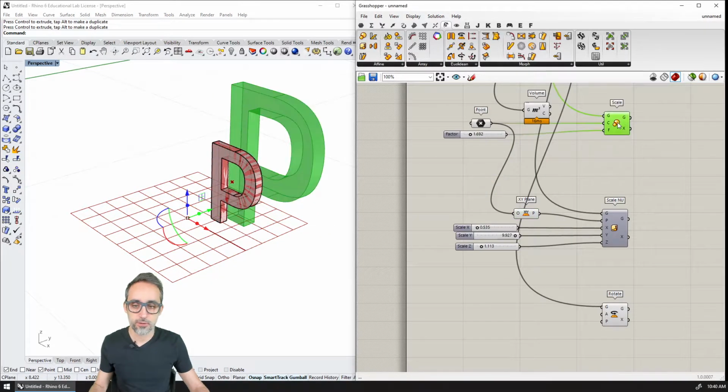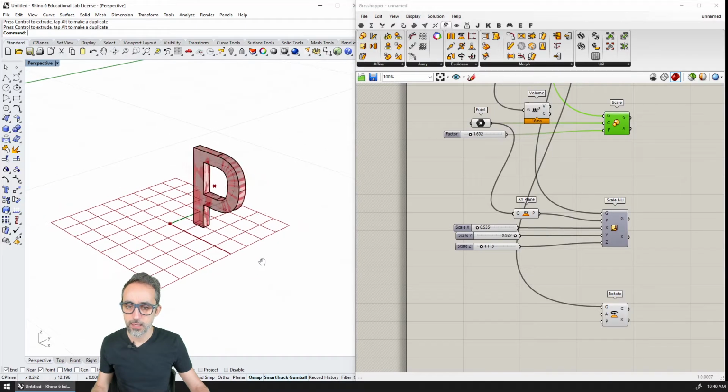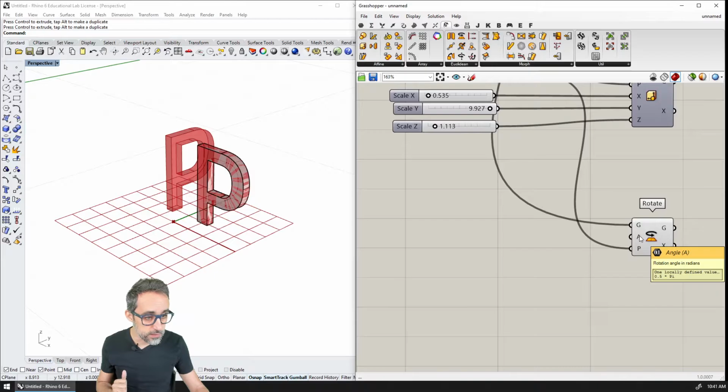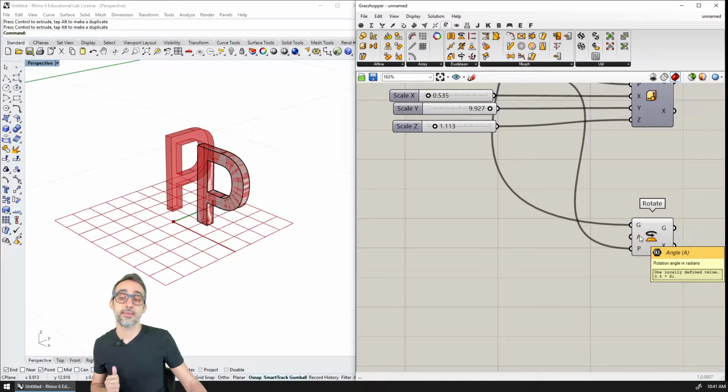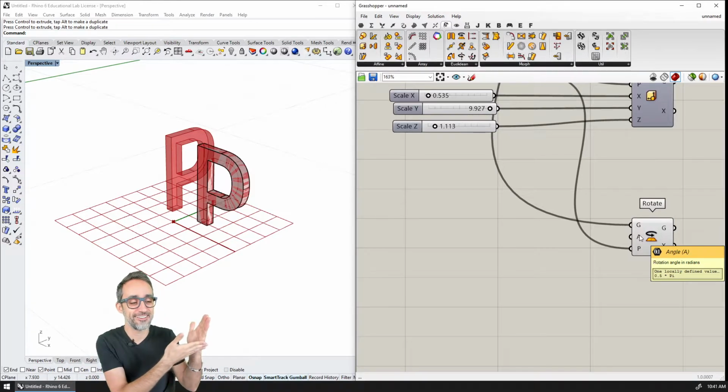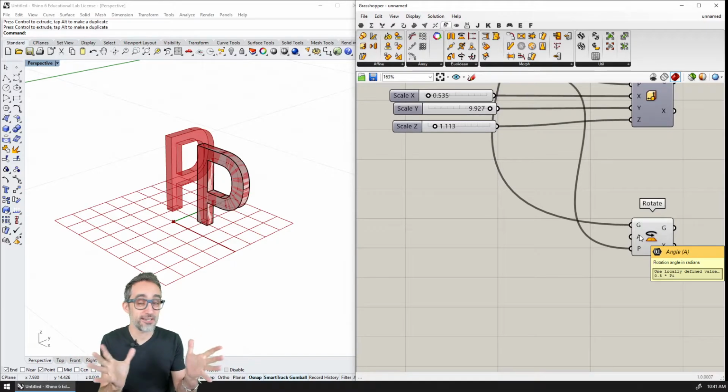Okay, so let me turn off scaling. And then what we're going to see is that as soon as I plug this in on the plane, because the default value here is rotation angle in radians, it rotates 90 degrees. Because if you remember, a full turn in radians is 2 pi radians. So half pi radians is 90 degrees, which I know is very confusing, and that's why I am a Taoist